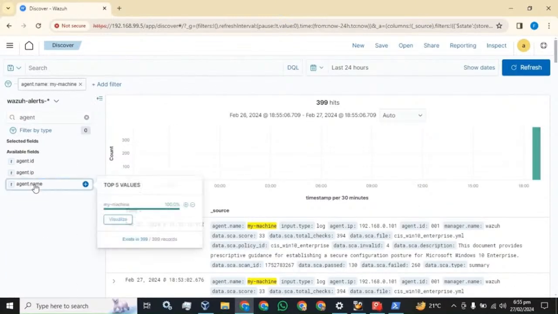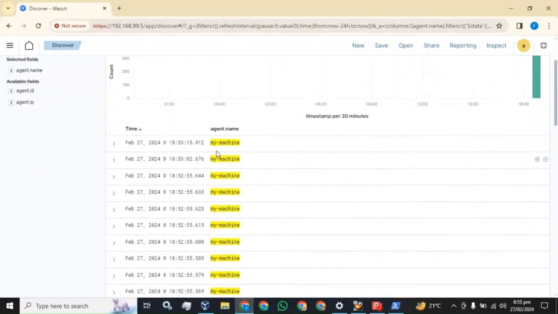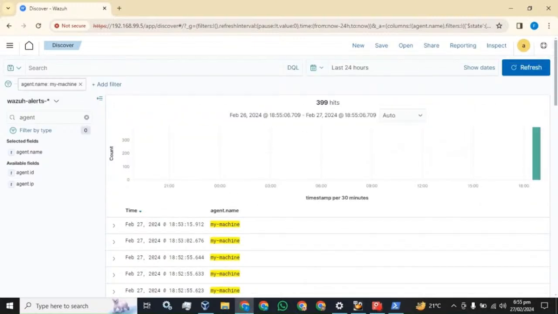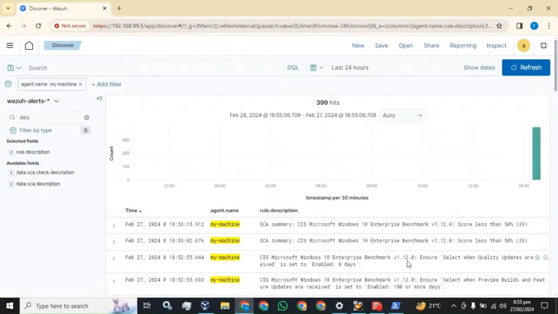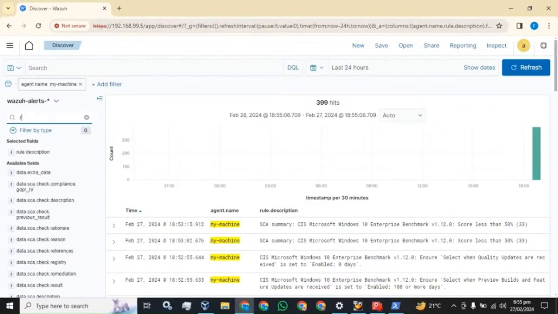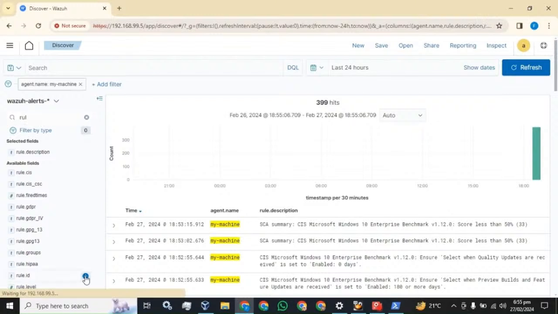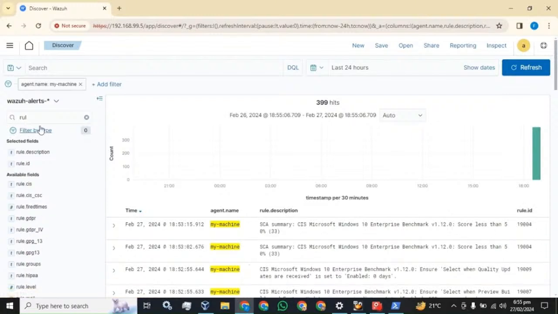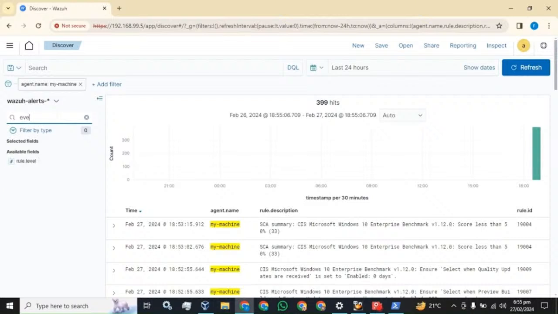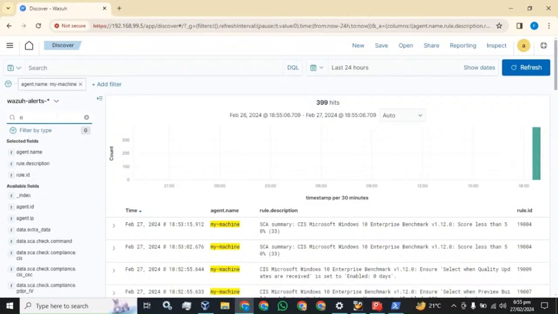Agent name, this is the agent name. Now the description of the rules or the logs. Rule ID, here comes the rule ID. Now the one most critical is the